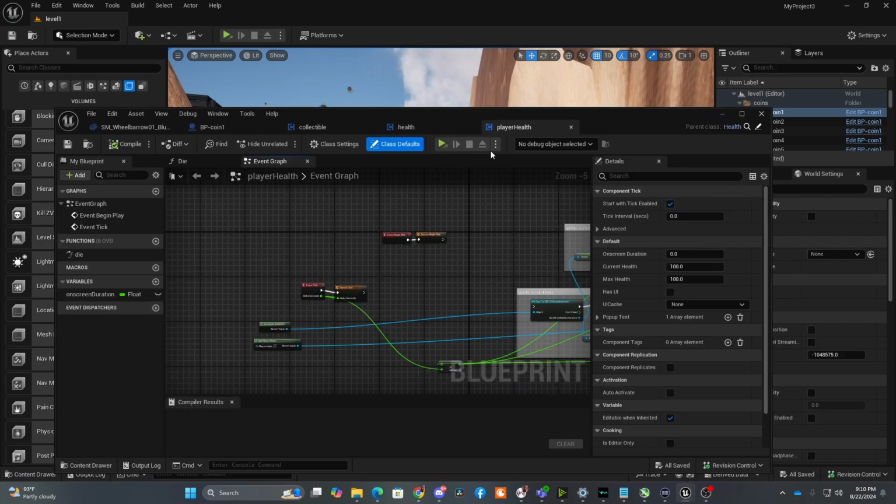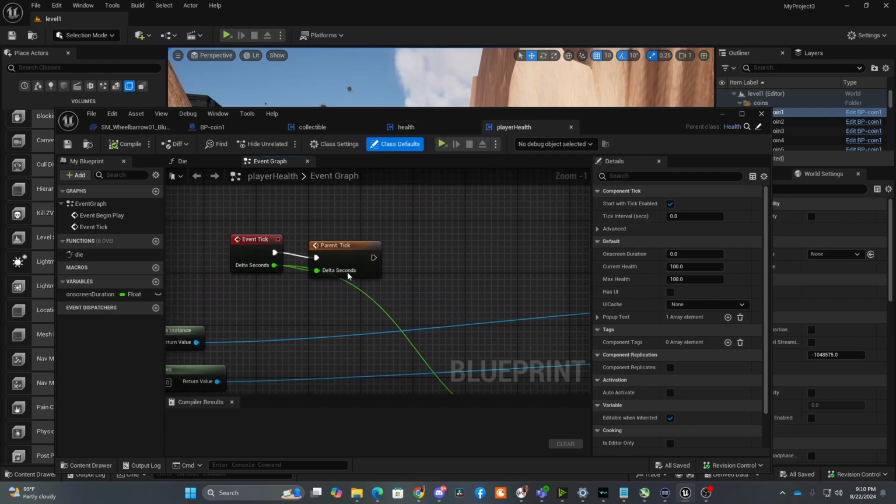So our player health inherits from our health component, which makes it easier for us to